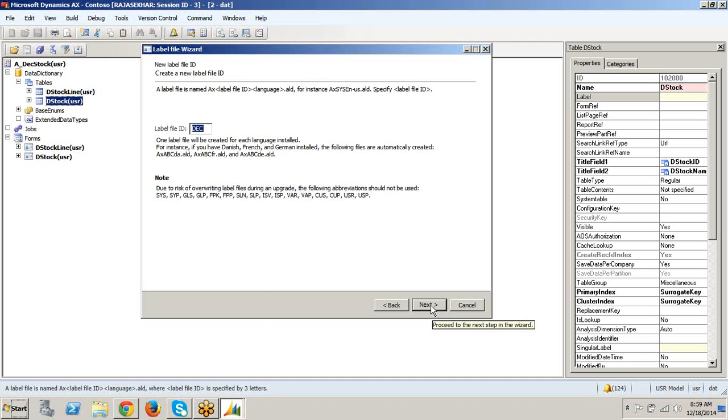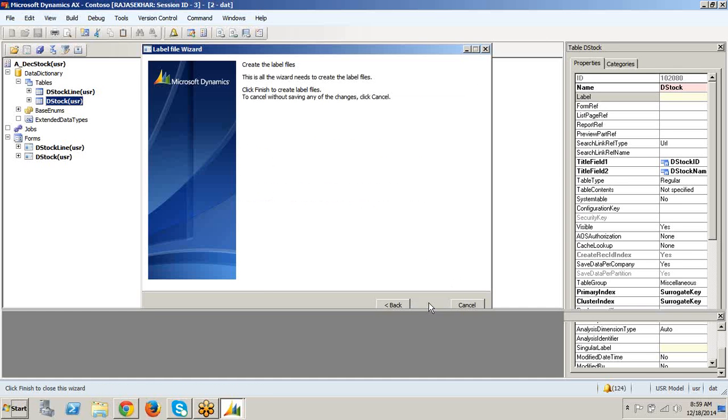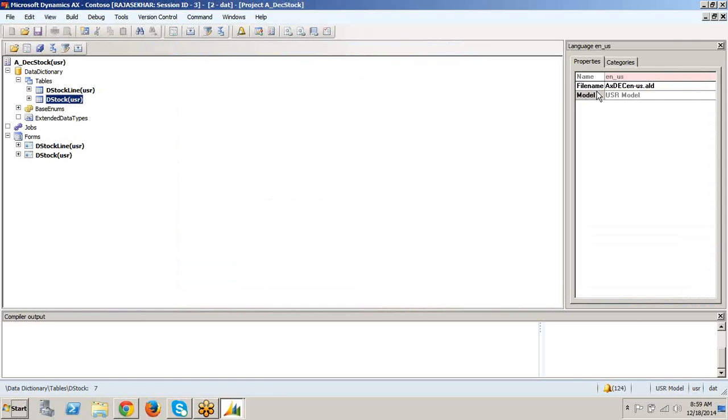I'm clicking on next, finish. Now you see, this is our label file ID, AX DEC enus dot ALD. This is our label file ID name, the ALD file.